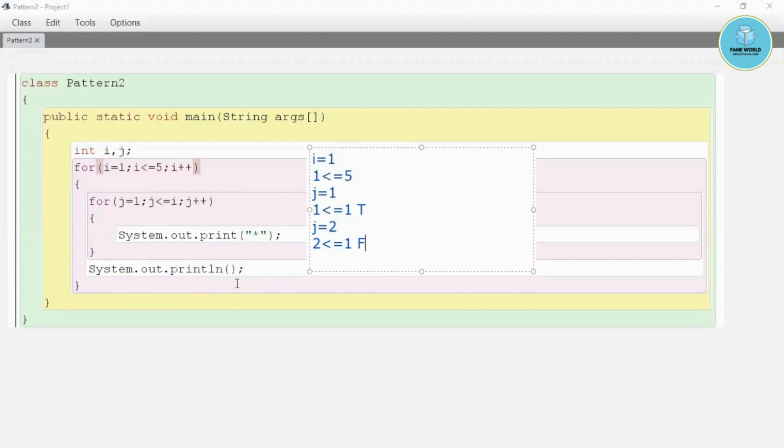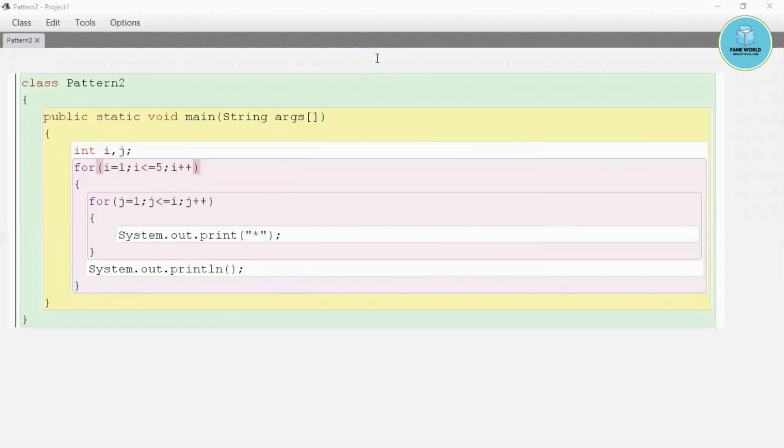So as it comes to the next line, let me tell you what we are actually doing. We have printed the star on the first row, first column. Then as soon as we increased the value of j, the condition became false. And then, due to the next line, the cursor is now positioned in the second row. Then it will go up and increase the value of I again.